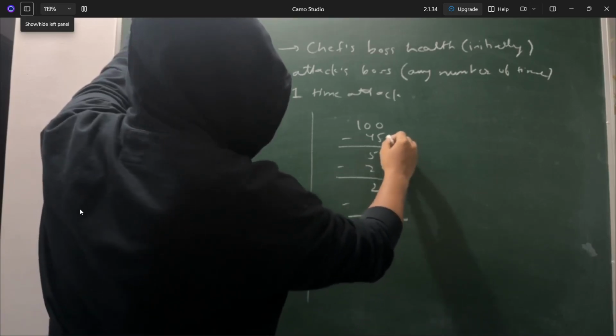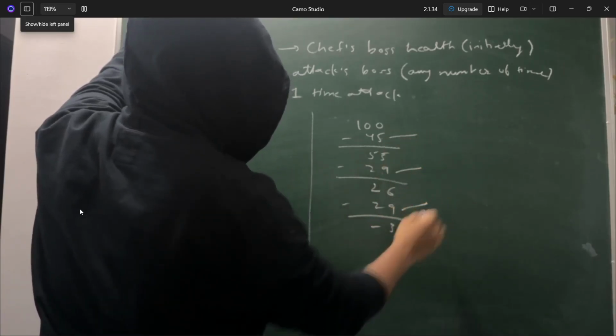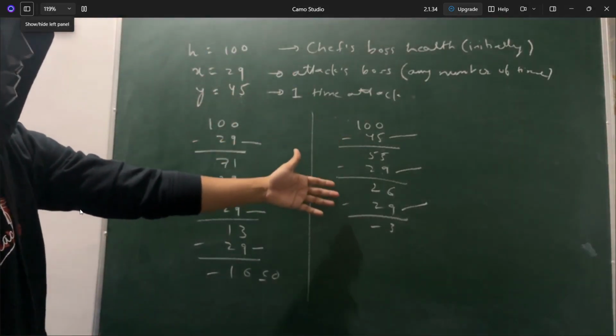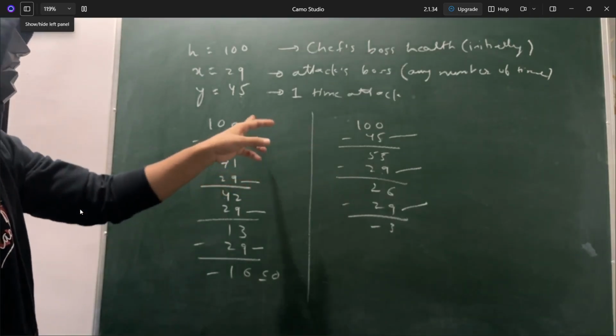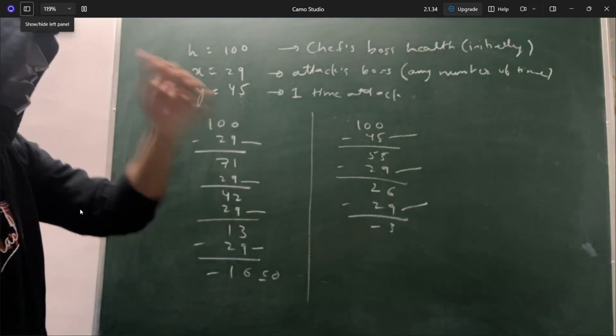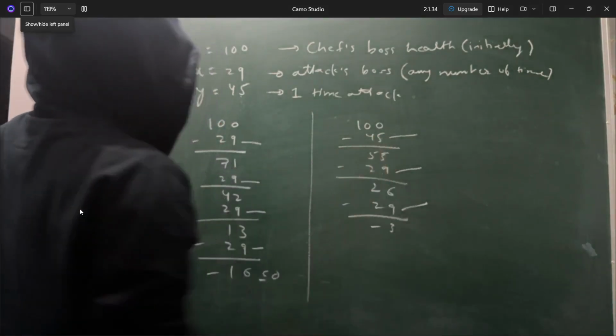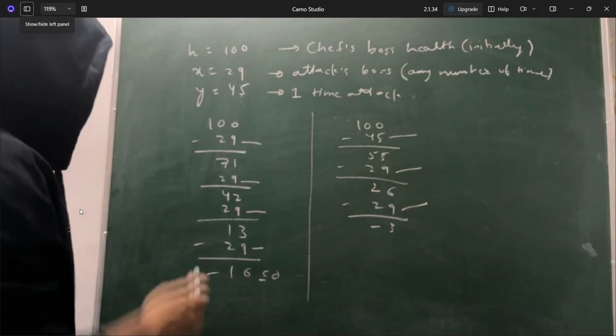So in this case, if you see, you are using 1, 2 and 3 attacks. By using y operation once, you are doing only 3 attacks in order to make the health of the boss less than or equal to 0. But here you are using 4 steps. Obviously this is better. So one thing to note is that